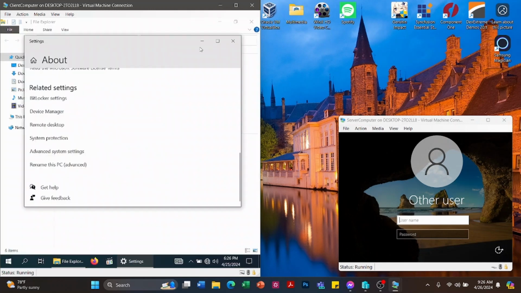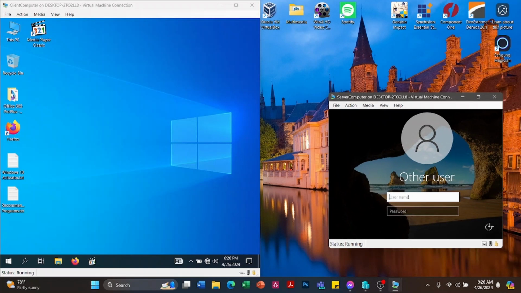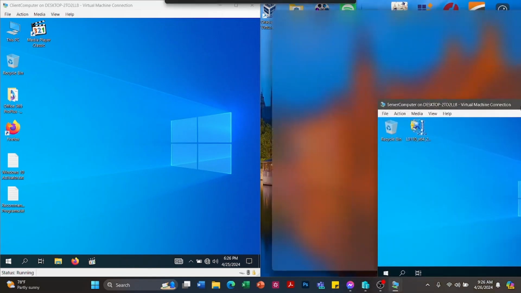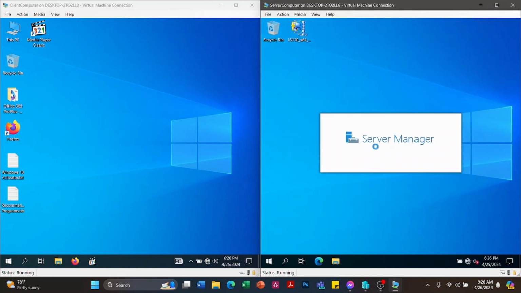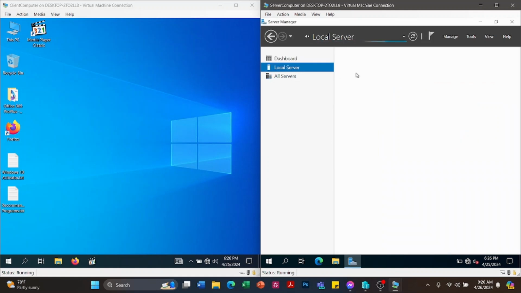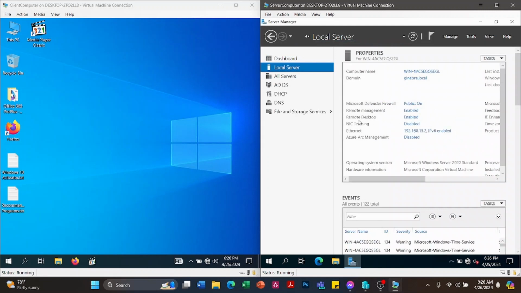But we already allowed it a while ago. Okay, there's a technical problem of the system unit. So let's also verify if the remote desktop in the server computer is enabled. Okay, so remote desktop enabled.